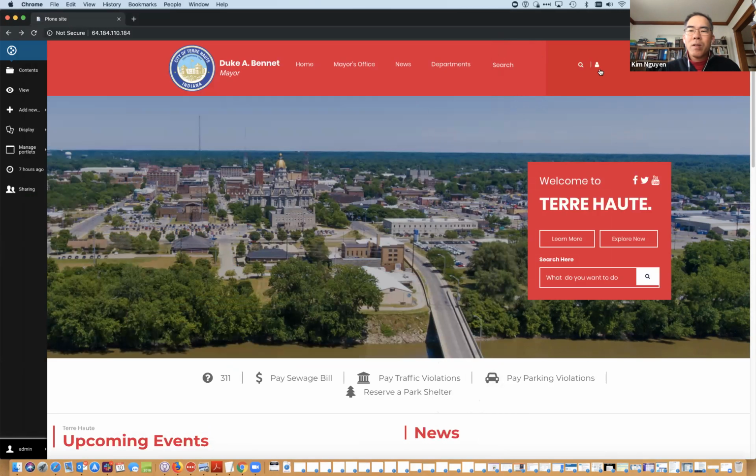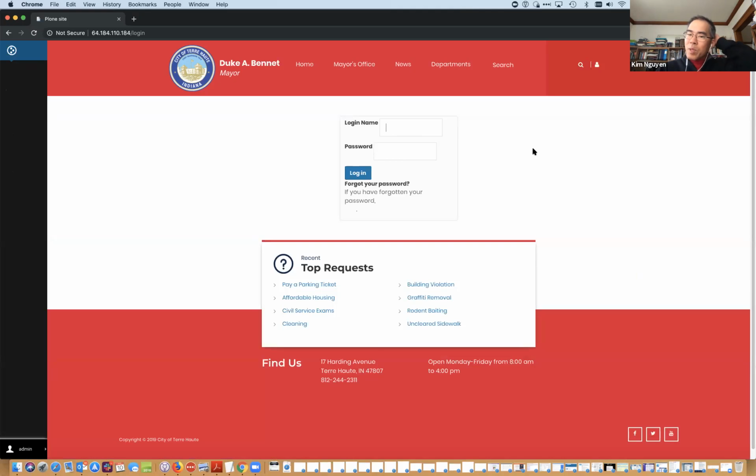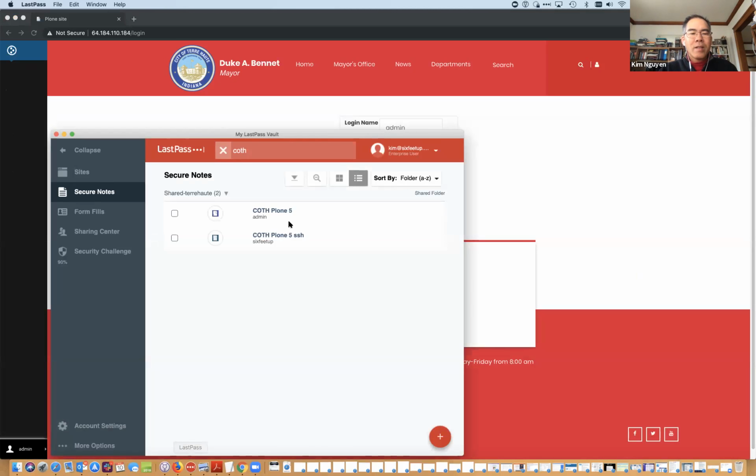There is this little person icon in the top bar here. And if I click on it, I'm taken to the login page. So that's the easiest way to log into your site. And I'm going to log in as the administrator. So once I've logged in,